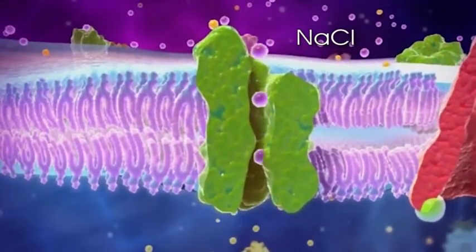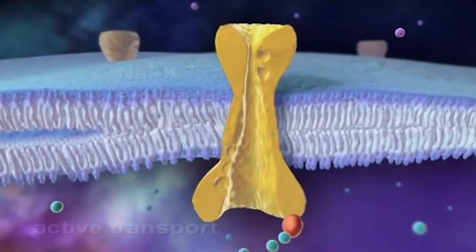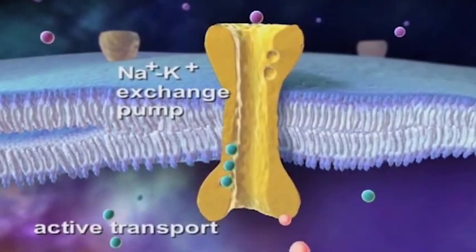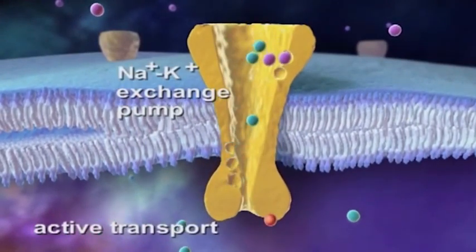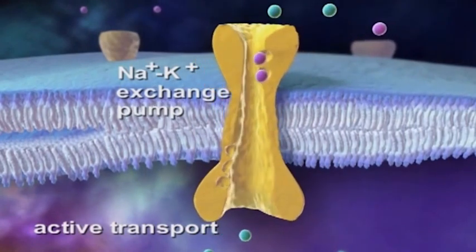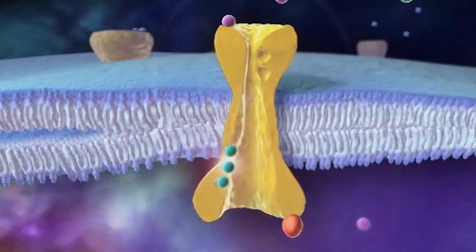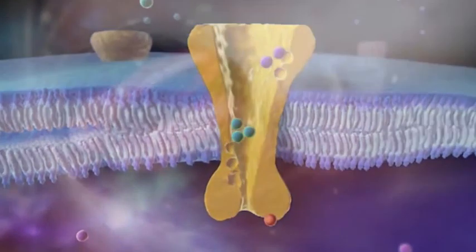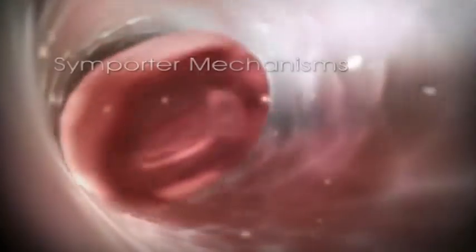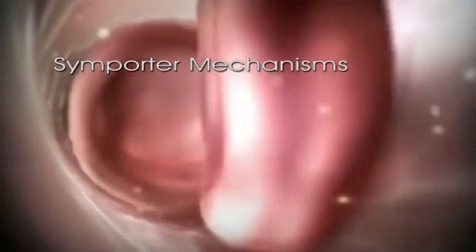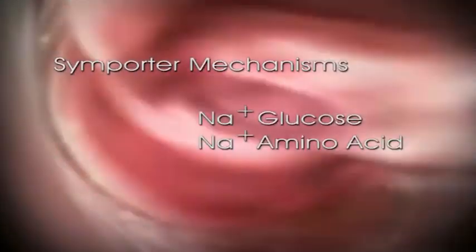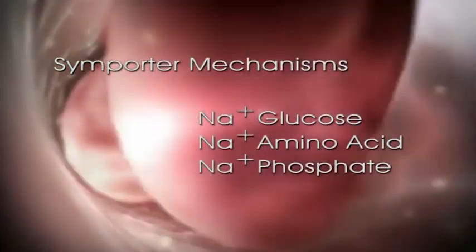The key element in proximal tubule reabsorption is the sodium-potassium ATPase pump. The reabsorption of every substance, including water, is linked to the operation of the sodium-potassium ATPase pump. Sodium also enters proximal tubule cells by several symporter mechanisms, including sodium glucose, sodium amino acid, sodium organic phosphates, and